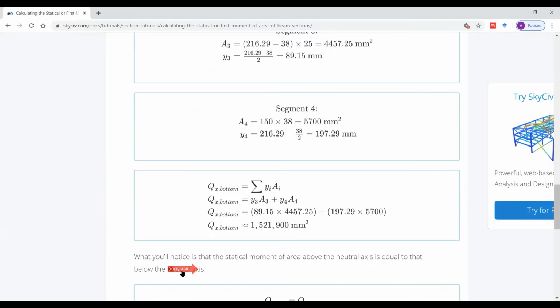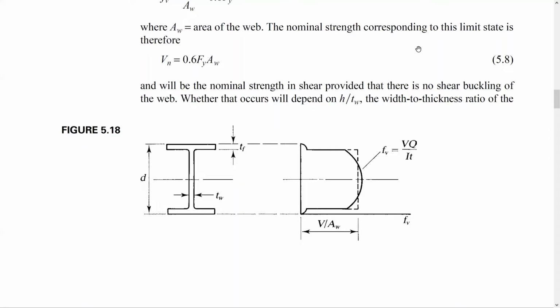So this is basic mechanics of materials, and you should be familiar with that, but I just wanted to refresh your mind on this topic. Let's get back to our topic. So let's see in this figure here, we see the shear stress distribution for a wide flange cross section. If you look here, guys, the shear will start